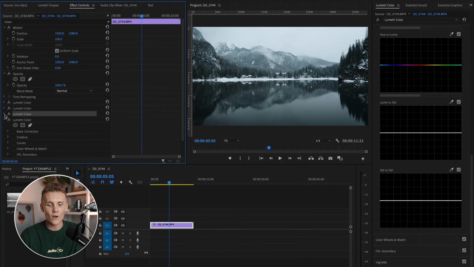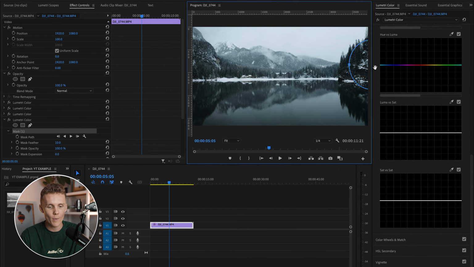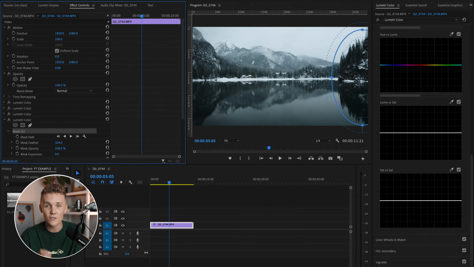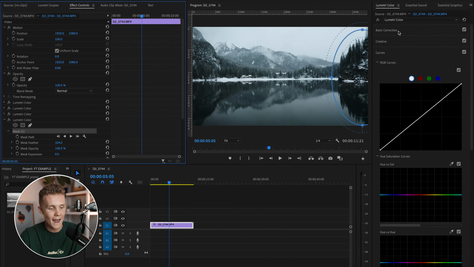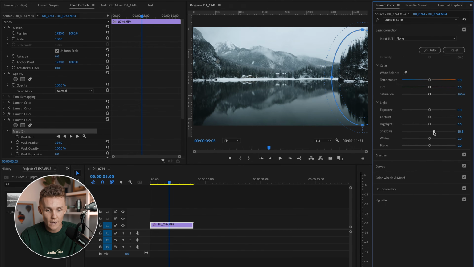Now, I know we've already gone into our masking workflow a little bit, but that was really just to correct the top half of our shot. But what I'm going to do here is I'm going to add a radial circle mask, whatever you like, and we're going to put it all the way over this area here. Now, the reason we're doing that is because, in my opinion, this area on the right hand side is just a little bit distracting. So we're going to add our mask again, our feather again,